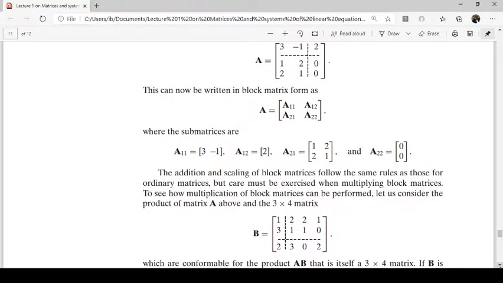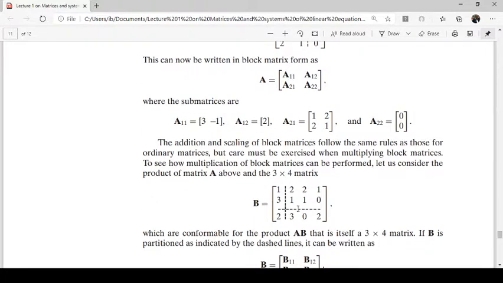Now, the addition and scaling of a block matrix follow the same rule as for ordinary matrices, for what we have done so far. Now, you can see from this one, I've partitioned this matrix into these sub-matrices. Now, if I want to see how the multiplication of a block matrix is performed, let's look at